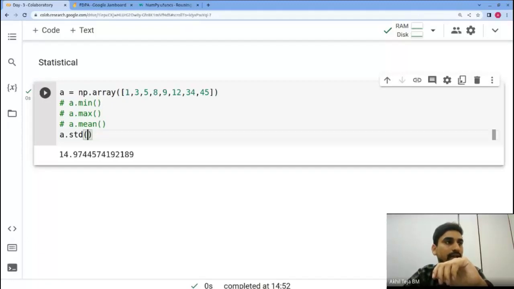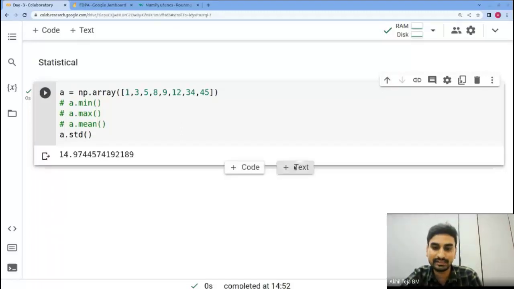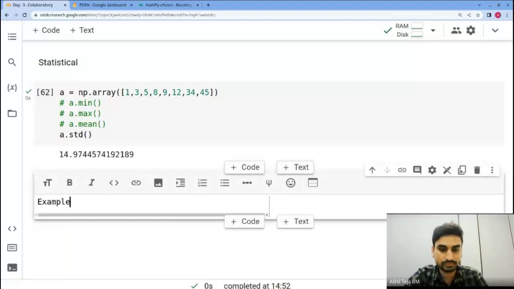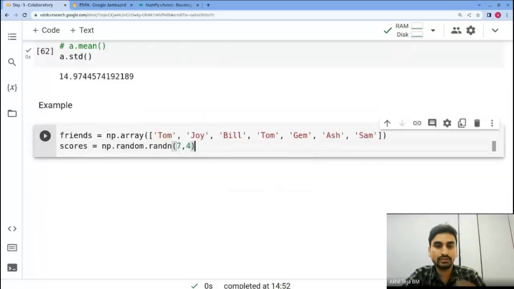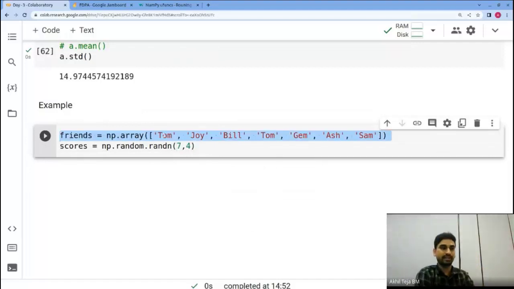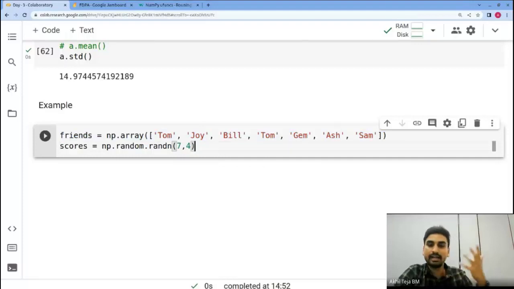Okay, now I'll try to give an example. We'll take a question. So please look at this example. If you see here, I have an array which consists of strings, and I have another array in which I am trying to generate random numbers which are going to be 7. So if you want to see the output of this,